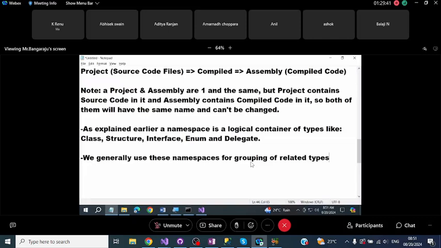All the types to develop web applications are in one namespace. All the types to develop desktop GUI applications are under one namespace. File handling operations, one namespace. Database operations, one namespace. Grouping of related types. We generally use namespaces for grouping of related types and also to